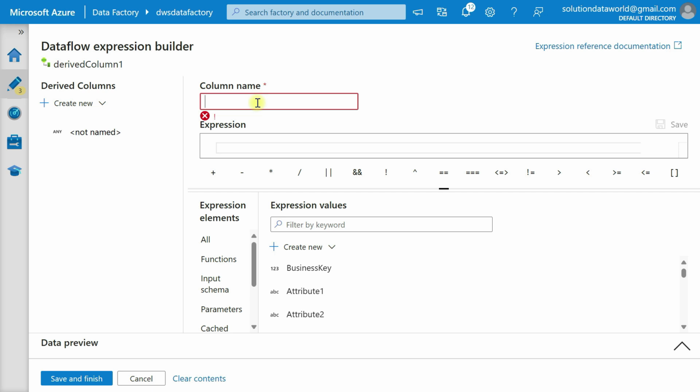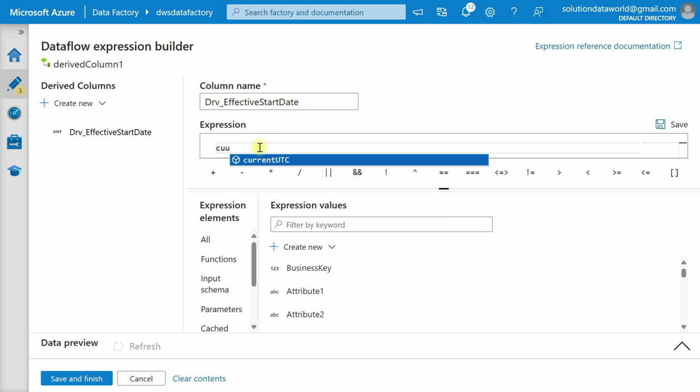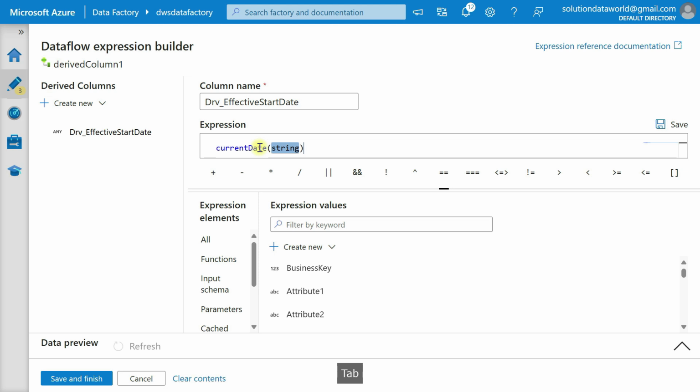So here, drv effective start date, right here, current date, delete this string, again click on this new,